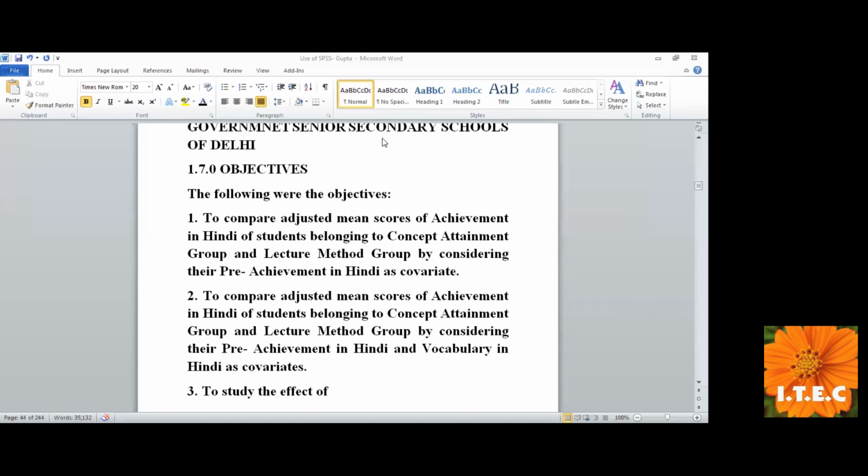It has to be in the past tense, not in the present tense. The following were the objectives. I cannot say "are the objectives" because I have already completed. So you should understand when to use the present tense and when to use the past tense. To study the effect of